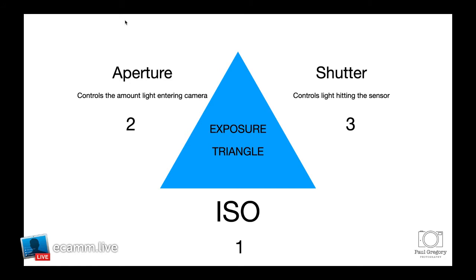The shutter might be on the left and the aperture might be on the right, but one thing that is consistent throughout any exposure triangle that anybody publishes or talks about, ISO is at the base, because ISO is where it all comes from. If the camera doesn't know how much light it's dealing with in the scene you're photographing, how can it work out whether you've got the right aperture setting? How can it work out whether you've got the correct shutter? Yeah, shutter speed going on the left. So ISO tells the camera how much light is out there,